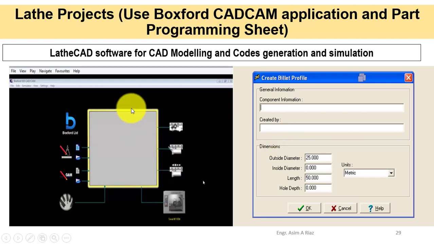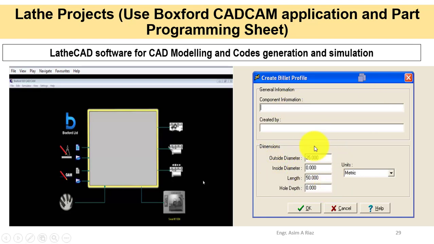In this lab practical we are going to create a CAD model, so when you click on this CAD new file icon, you will see this pop-up window. Here it requests the component information and the name of the creator.